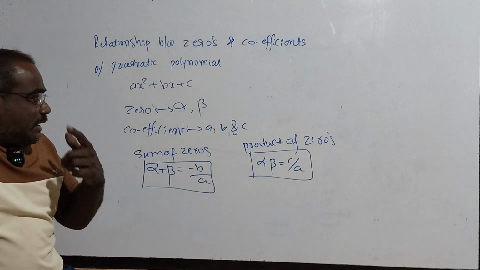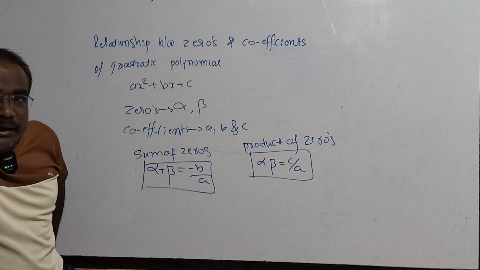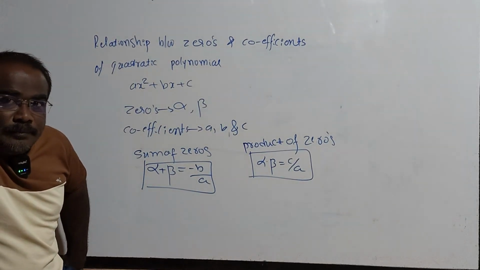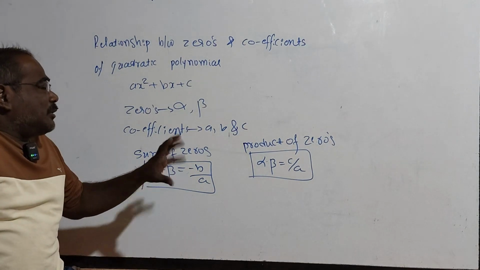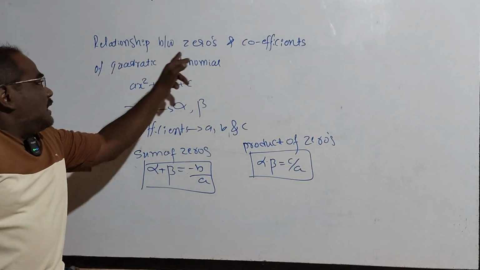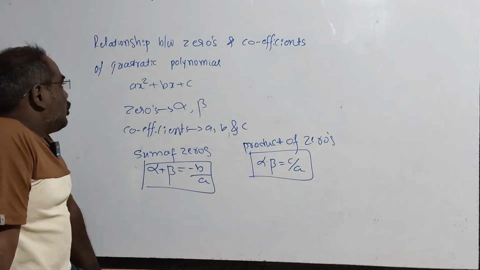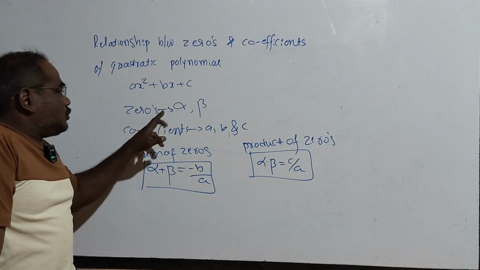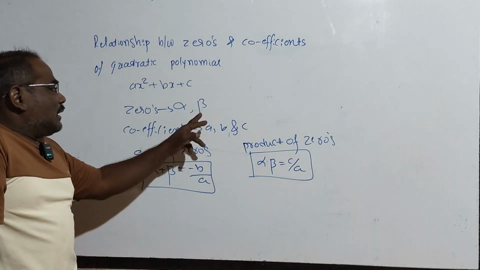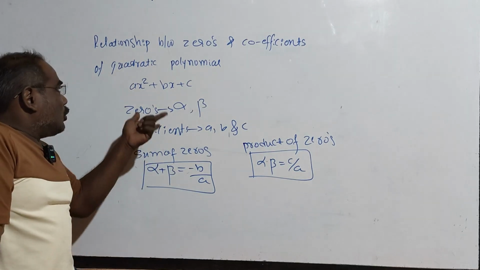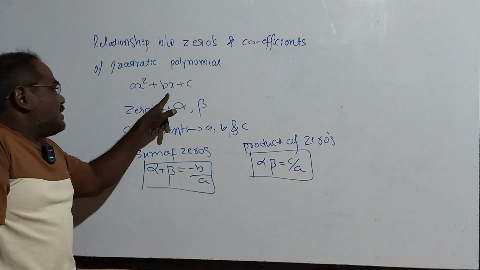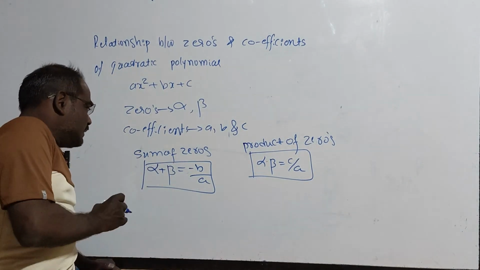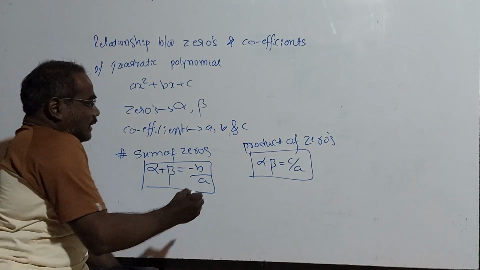See, actually in examination, he will give one quadratic polynomial. You need to verify whether it is following the relationship or not. Okay, relationship between zeros and coefficient of a quadratic polynomial. This is my quadratic polynomial where quadratic polynomial has two zeros. One is alpha, another one is beta. Then coefficient of this quadratic polynomial is a, b and c are coefficients. There are two relations. First one is sum of zeros. Second one is